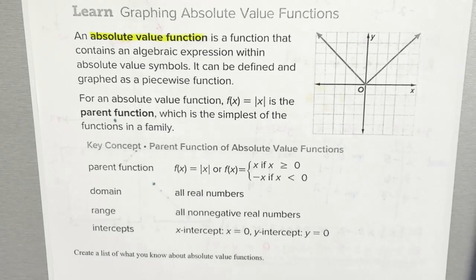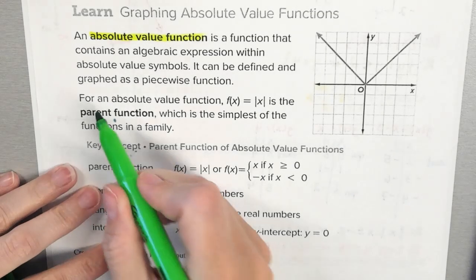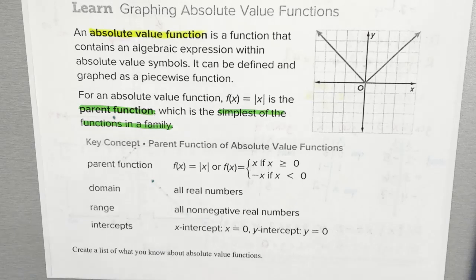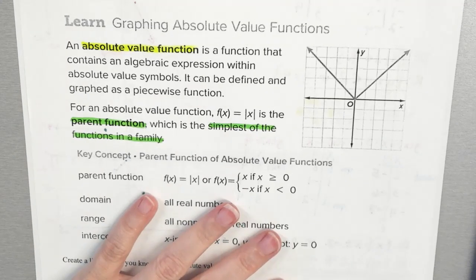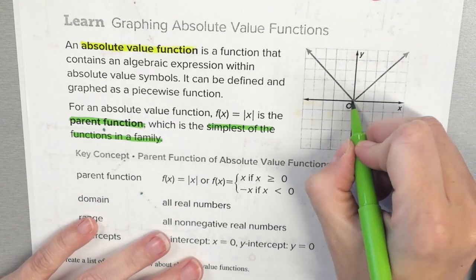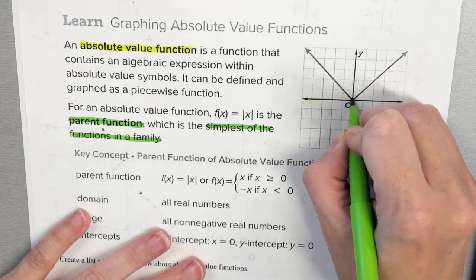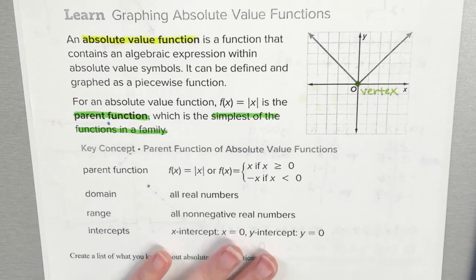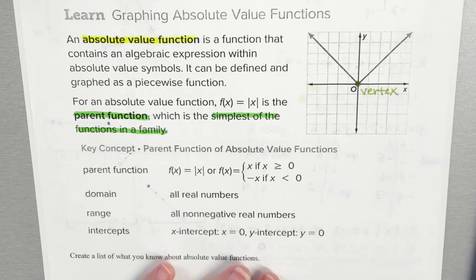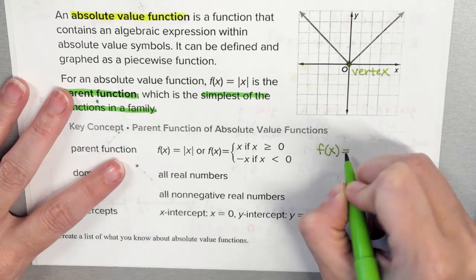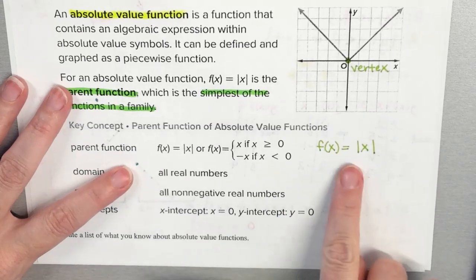Okay, in function families, we have something that is called the parent function, and the parent function is always the simplest of the functions in a family, and the simplest just means there's no transformations or translations. You talked about translations in geometry, right? 4 units up, 3 units over, that type of stuff. And just like a parabola, an absolute value function has a vertex. Okay, so what you see as the parent function is f of x equals the absolute value of x,